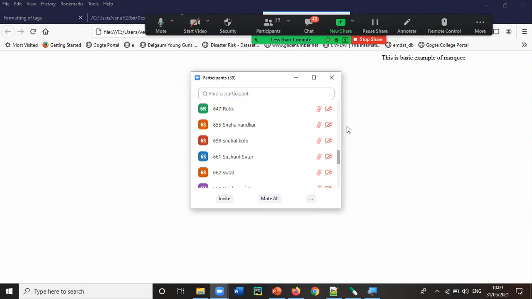One of the reasons I'm taking class a bit early is that after 11 there is some network issue at my residence. So sometimes